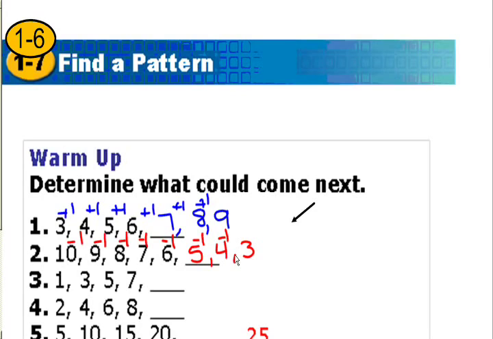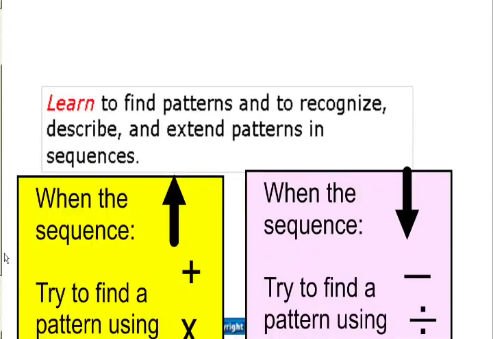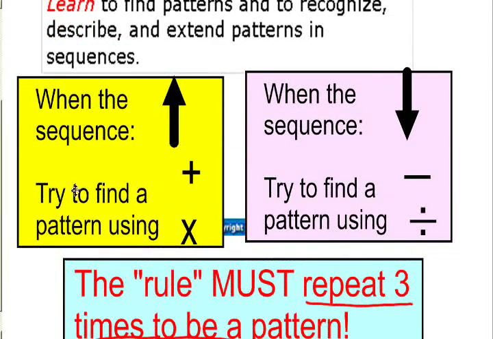Number 3, make sure you're taking these notes on your paper. If you have to pause, please do. All right, number 3, 1 to 3. It's going up, and what I'm going to remember is when the sequence goes up, I'm going to try to find a pattern using addition or multiplication. So let's look at that pattern one more